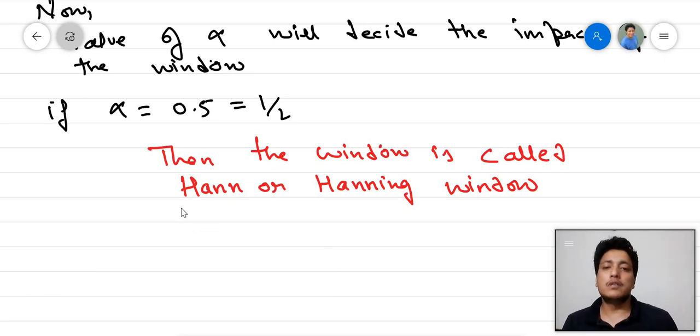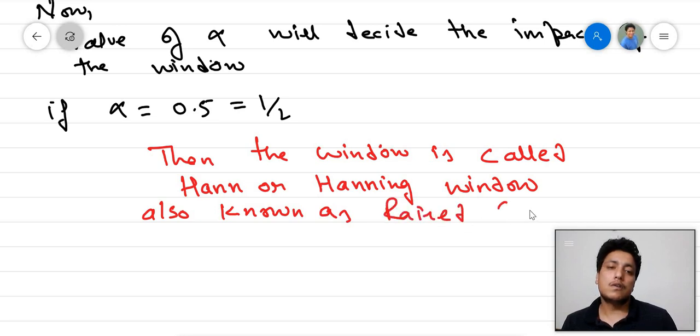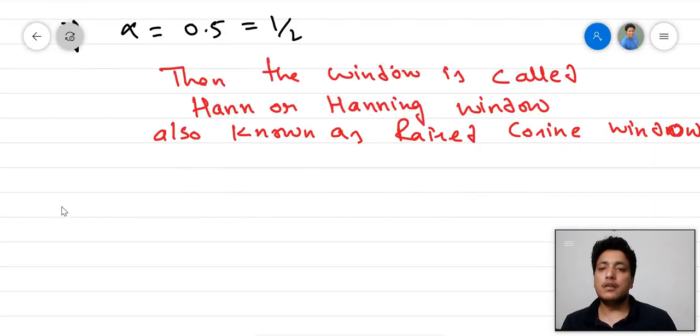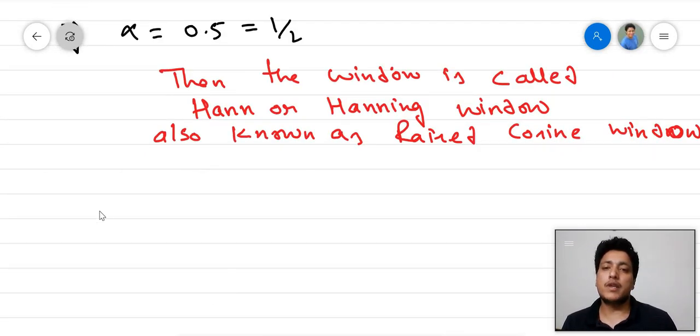This window is also known as raised cosine window. Then the points we can see, first is main lobe